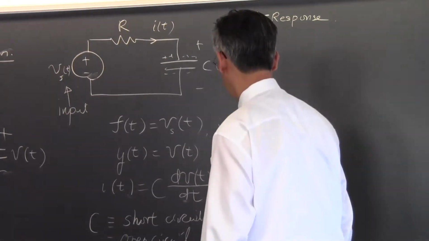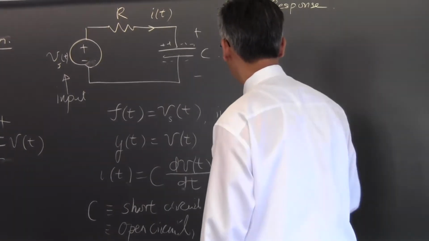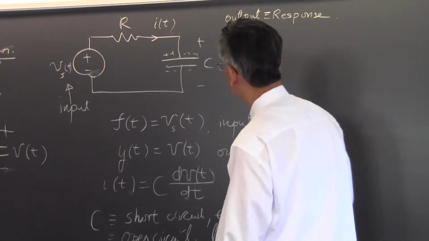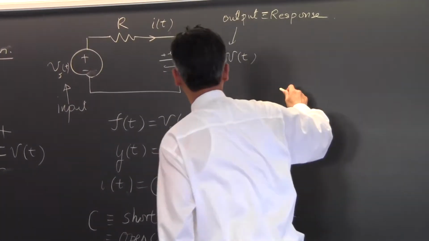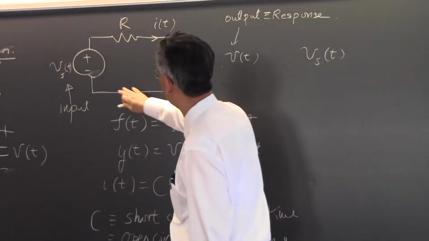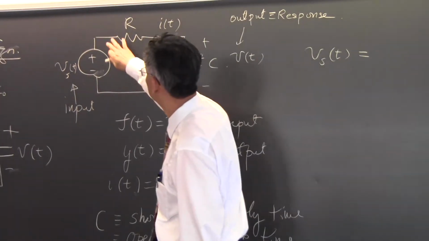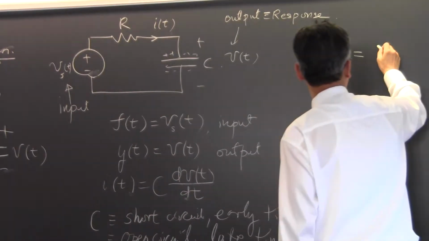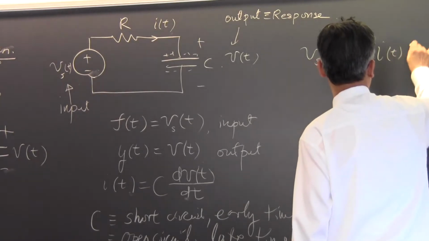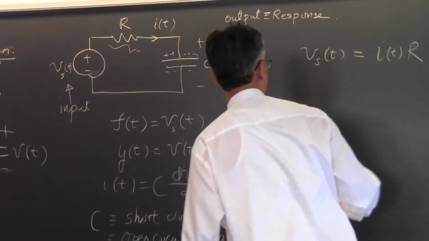It's something that you should remember about the physics of a capacitor. Okay, but let's write down the KVL for this. If you write down the KVL for this, then we have Vs(t), the voltage rise, must be equal to the first voltage drop. Okay, the first voltage drop is i(t) R. This is the first voltage drop, plus